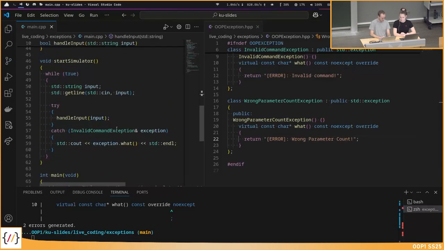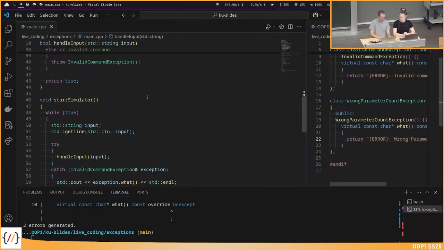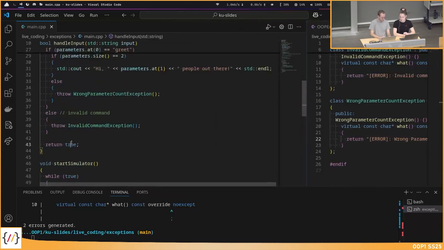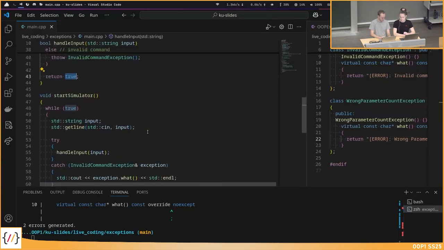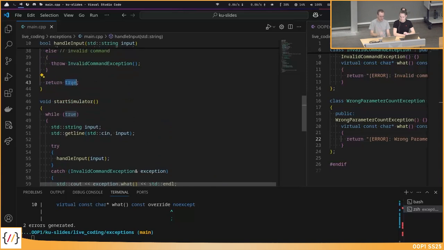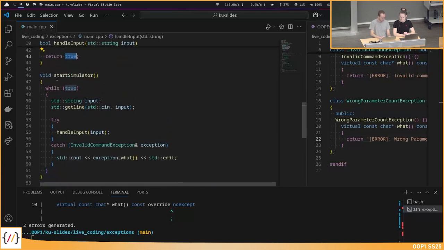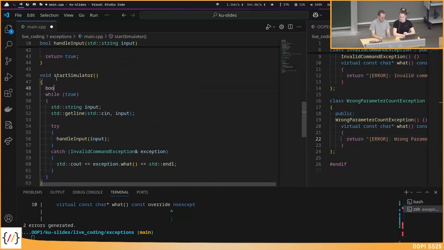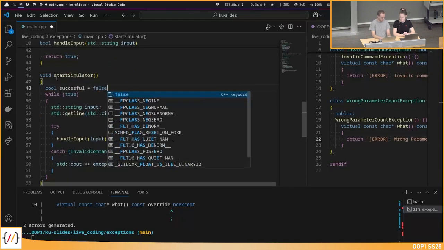Okay, one last thing. So the exceptions already work. We will test this also. I said I return here true. And then if this is true, then the command got executed. I can terminate the program. Maybe make here bool successful, set it to false.